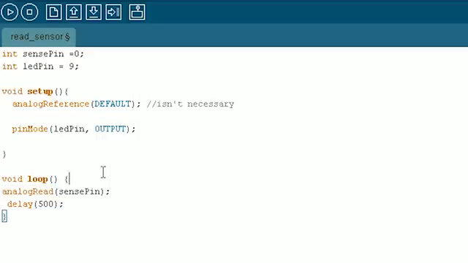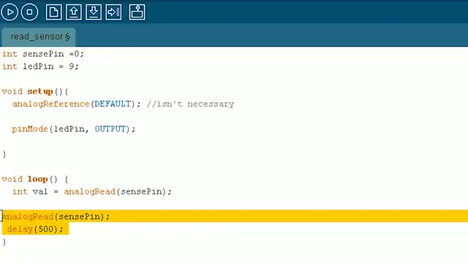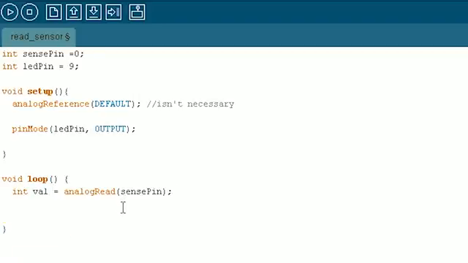Okay, down in our loop, let's start by getting the value from the sensor and saving it to a variable. So we'll make a new variable called val. Pretty standard name. Do an analogRead of the sense pin. We don't need this one. We don't need either of these anymore, right? And then if the value is less than 800, we'll do something. So we'll use an if statement, which checks the value. So if the value is less than 800,